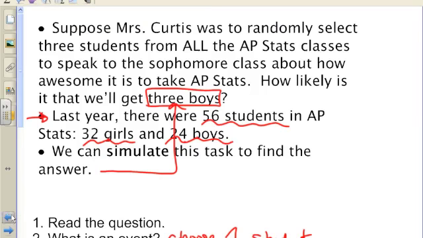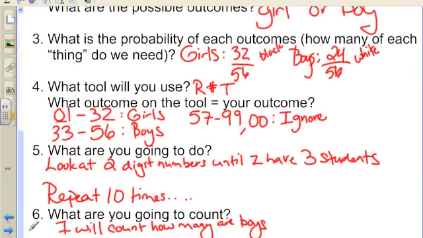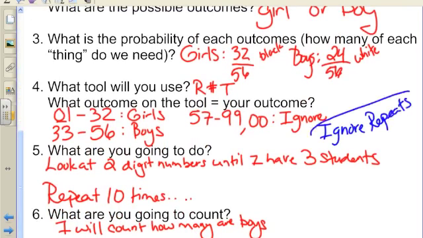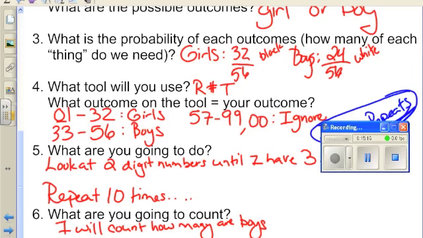So back in my instruction page where I was breaking it down, I would write that I would ignore repeats. Anytime that your numbers are representing actual people or real tangible items, we have to ignore repeats. We don't pick the same person to go twice. So we have to think critically as we're doing simulations whether or not this is necessary. If it's not necessary and you put it in on the AP test, you can actually lose points. So we want to be really careful with this idea. All right, and that concludes our thoughts on